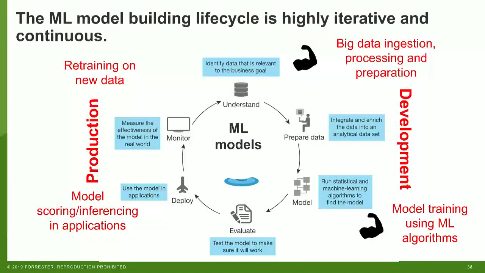So what AutoML does is it automates key aspects of the machine learning model building lifecycle. And you can see the lifecycle here. It starts with data, it goes to data prep, feature engineering, and then a very iterative process of trying multiple algorithms and evaluating those models and putting them in production. This process hasn't changed much over the years. And a lot of the tools that data science teams use are straight programming, coding, whether it's in Python, R, Julia.